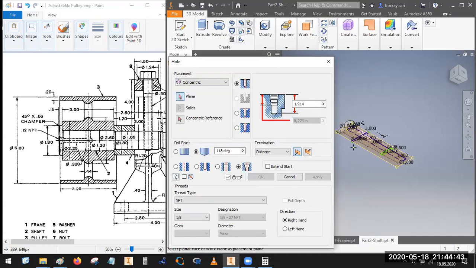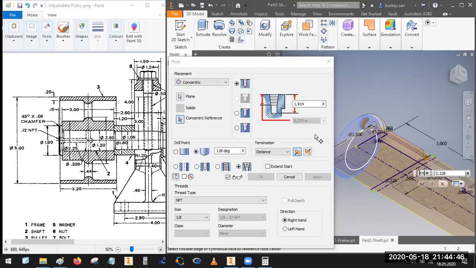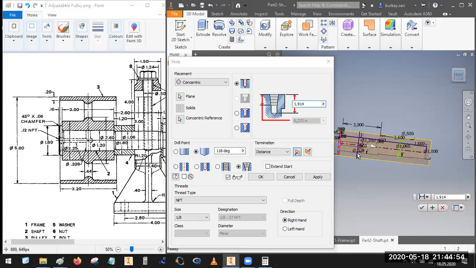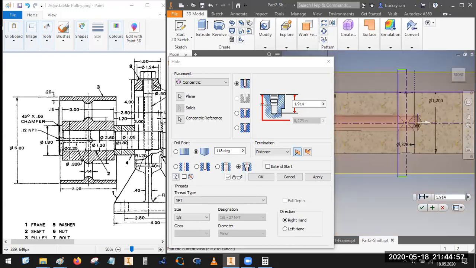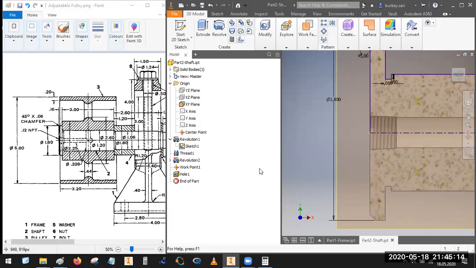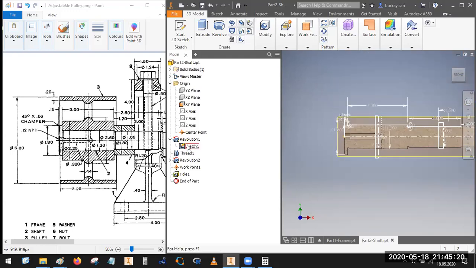We will use this surface to start. We will use this coexcentricity about our hole creation. When you look from this side, as you see, we have the hole with MPT start, which is 1 divided by 8 with 28 NPT here. I will just click OK and create the part file here. The next, I will just close and save this part